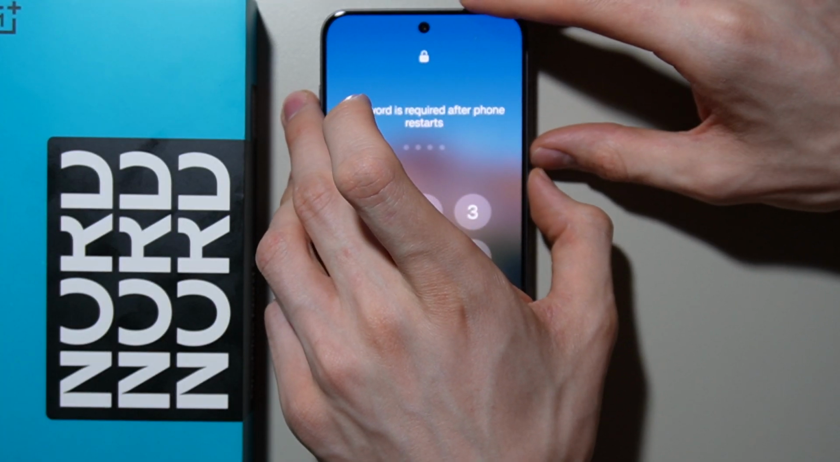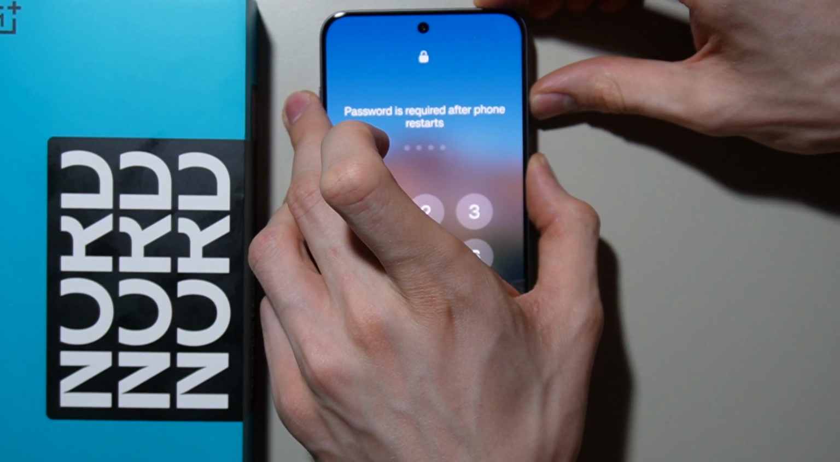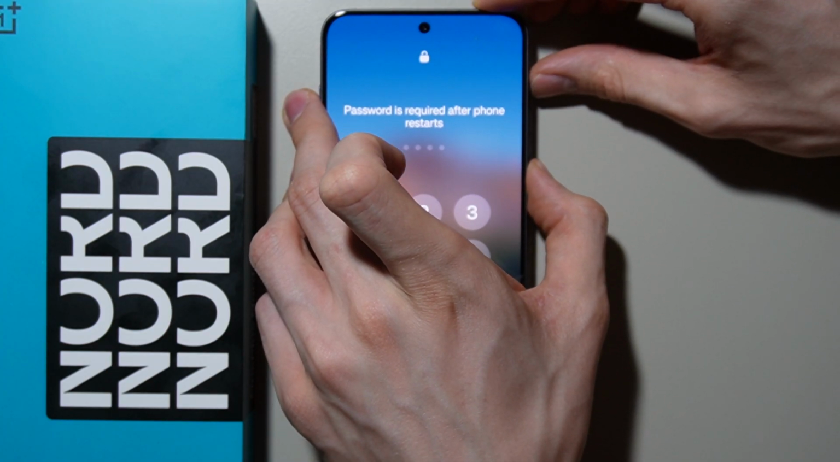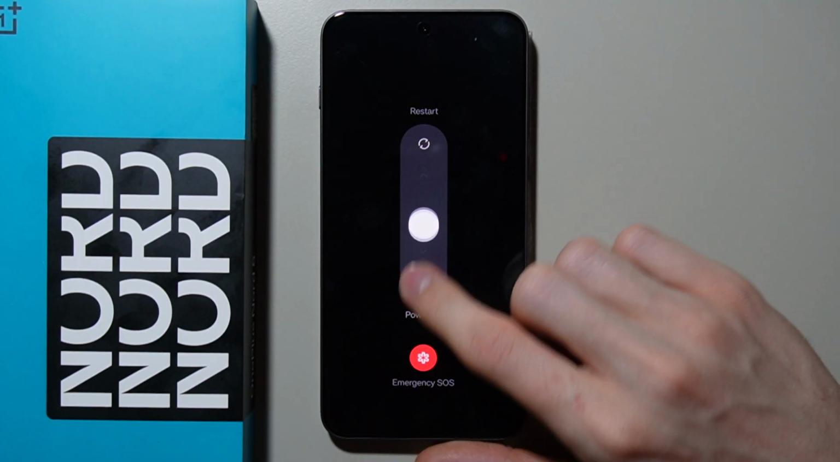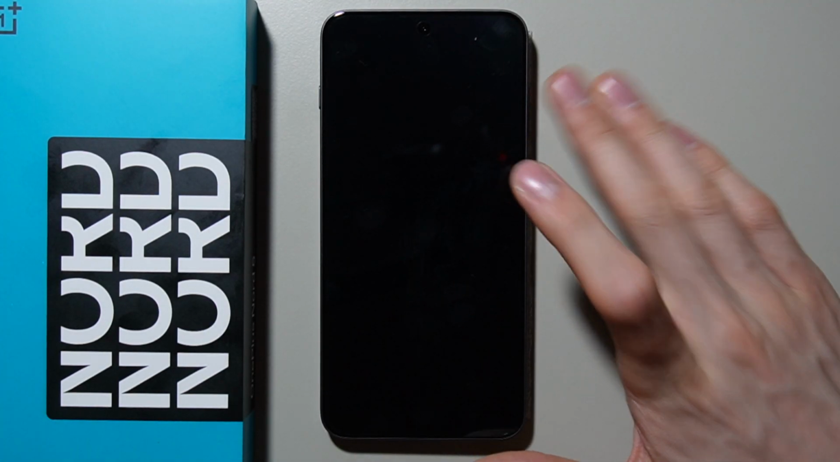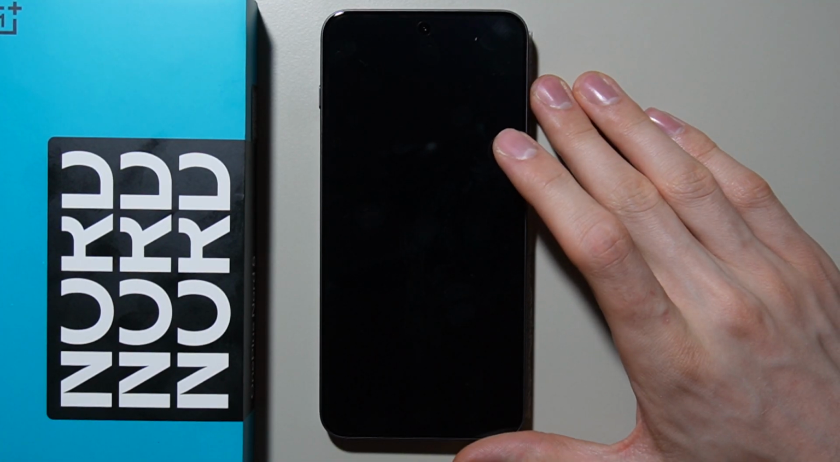So to do it, just turn off your phone by holding the power button and volume up button together, swipe down to power off and wait for it to power off. So now